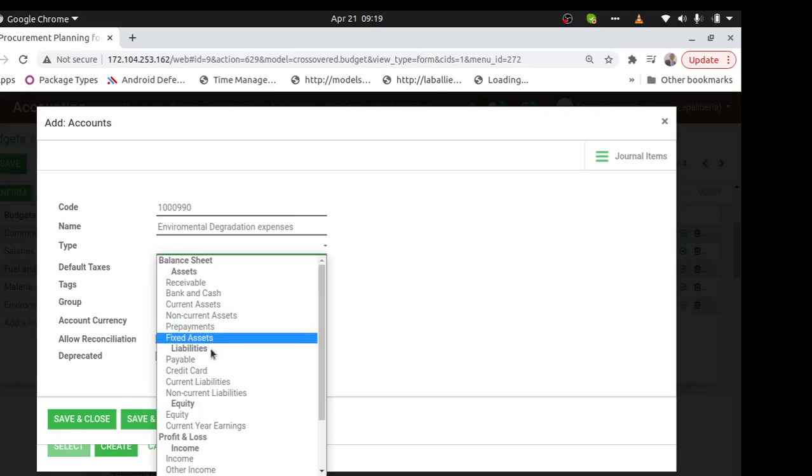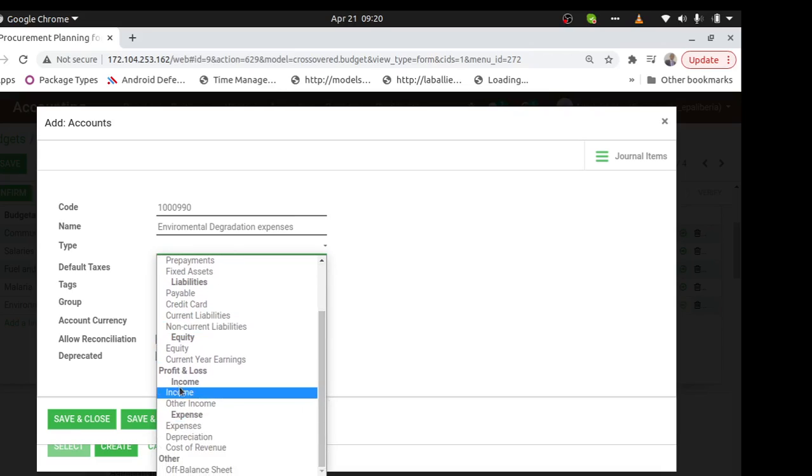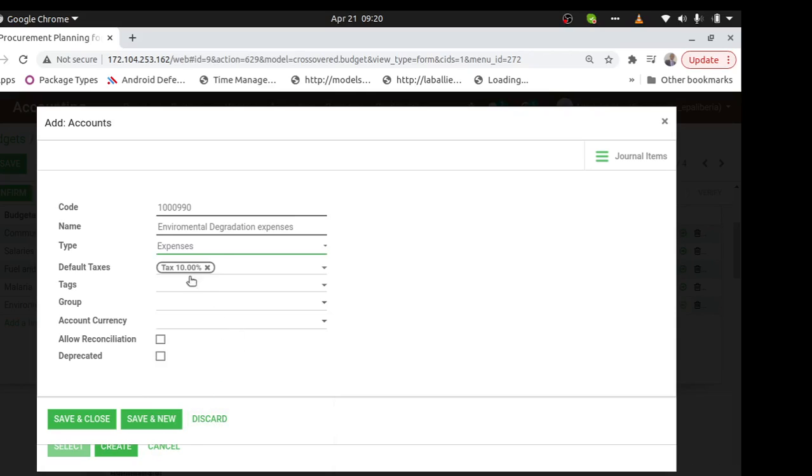When you're creating the account, these are the types of accounts. One, it can be a receivable for the debtors. It can be bank and cash for the payment method. There is also current asset and fixed asset. For the liabilities, we have the balance sheet accounts, which are here, all of them. We also have equity on the balance sheet, and then accounts of the type income and profit and loss, one being the income, another one being the expense. So I'll say this is for expenses.